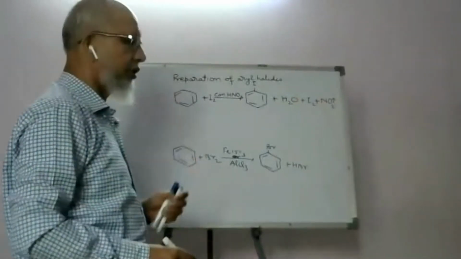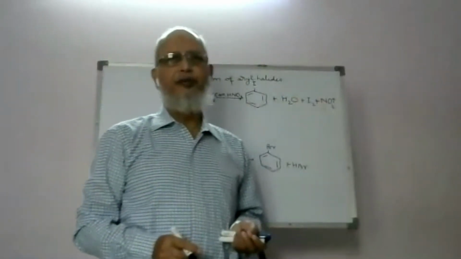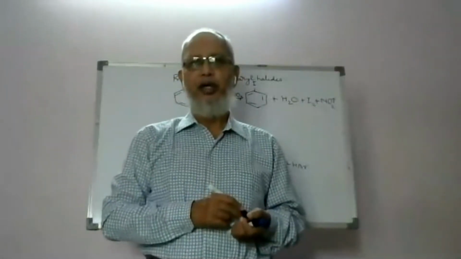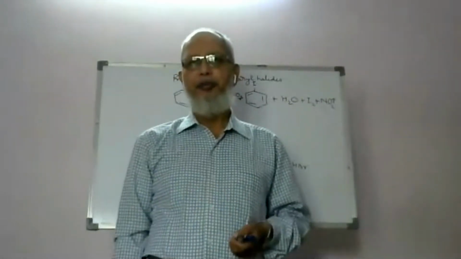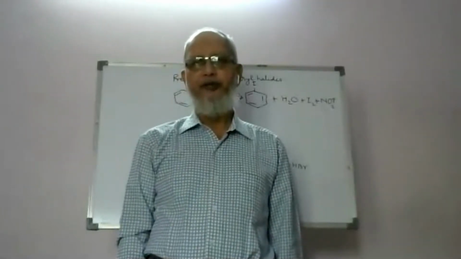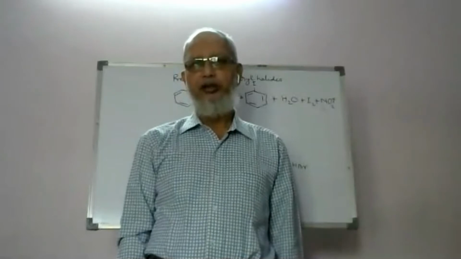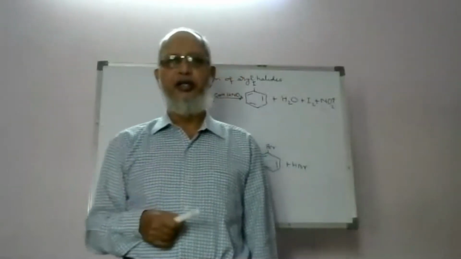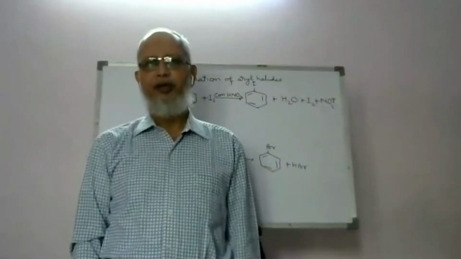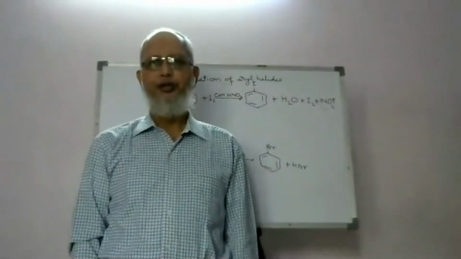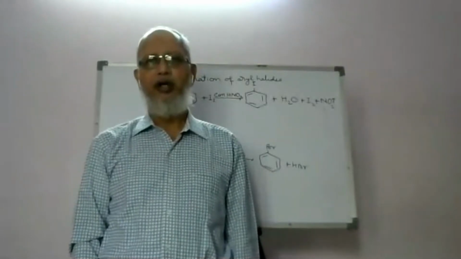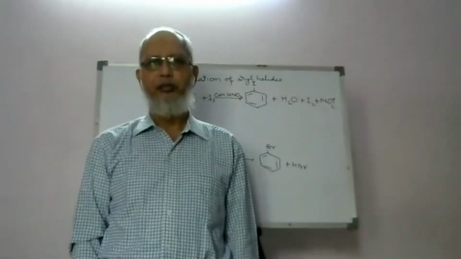This type of reaction we have also seen in the preparation of alkyl iodide from alkane. We can't prepare alkyl iodide from alkane by direct reaction with iodine, but an oxidizing agent like concentrated nitric acid or concentrated iodic acid is used. The purpose of these oxidizing agents is to oxidize hydrogen iodide into iodine and water, so the reaction could not be reversible.